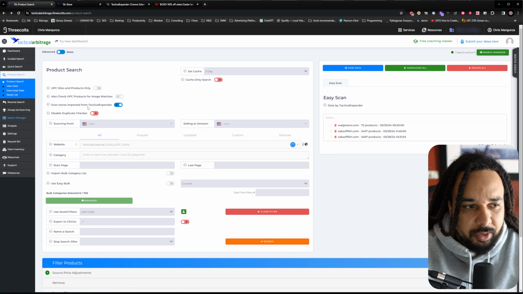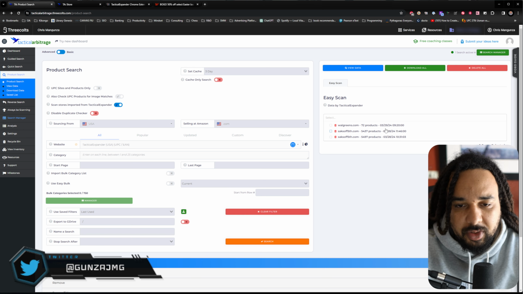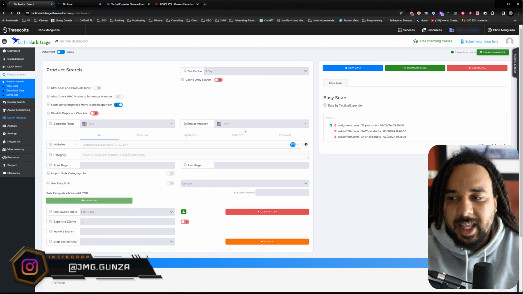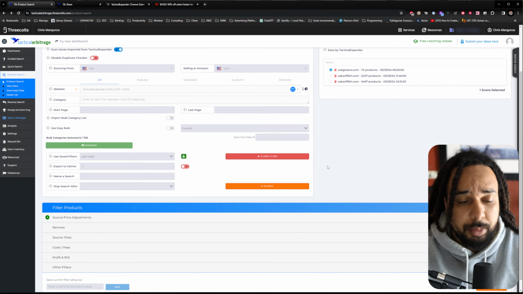Scan stores imported from Tactical Expander, and you can see this is the search. I ran some search yesterday, and this is the search that we ran today. Okay, it's on Walgreens.com. Boom, and then it's just like if you were doing a regular Tactical Arbitrage search. It's going to take the products that you imported